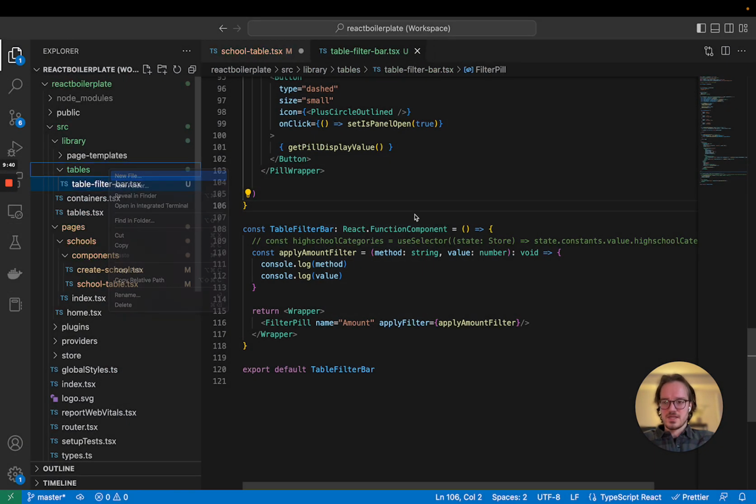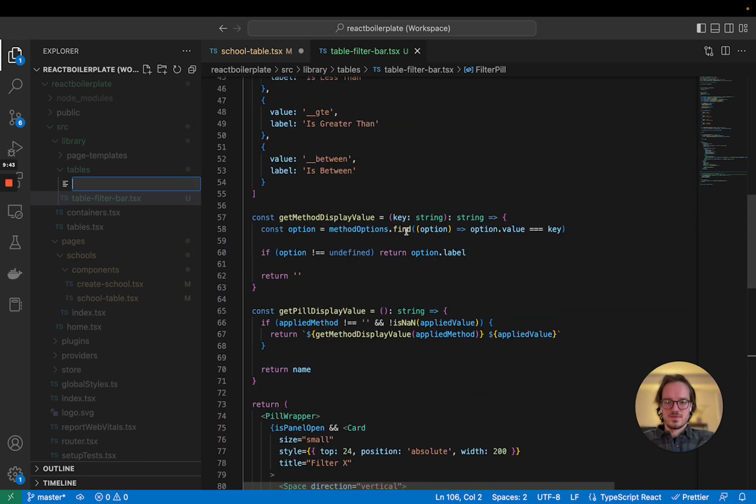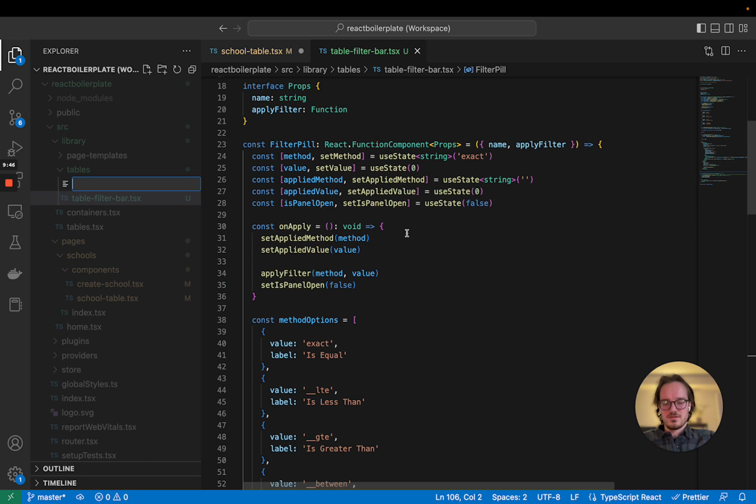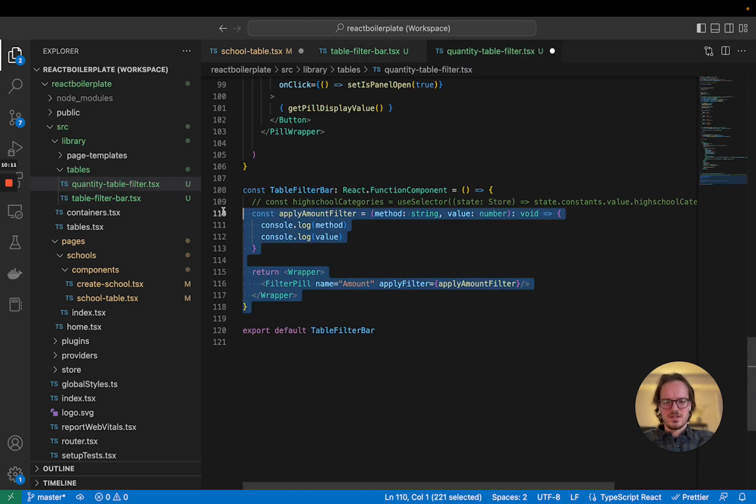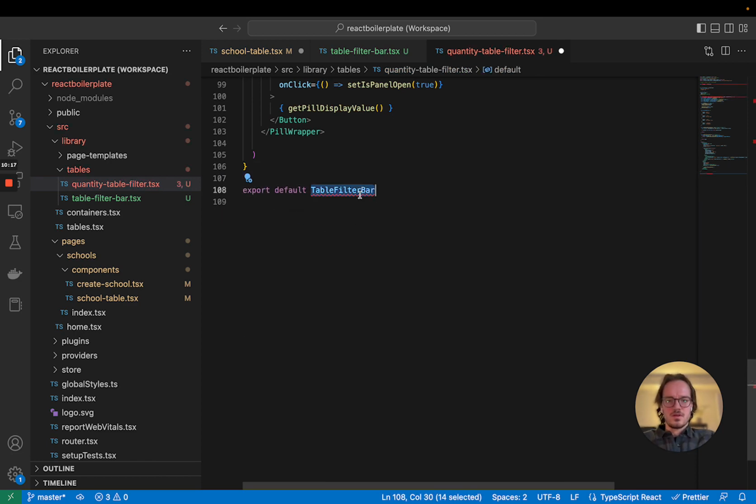Update the imports, yes. And then I'm also going to create, what do we call this right now? Filter pill, table filter pill. Actually, this one is only quantity filter, so let's name it specific to quantity filter. So quantity, let's just call it quantity filter. Table filter. If we just copy all this for now, put it in there, get rid of the filter bar, quantity table filter,